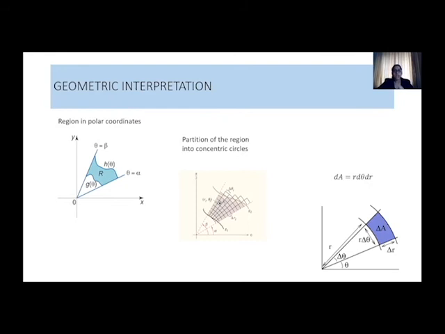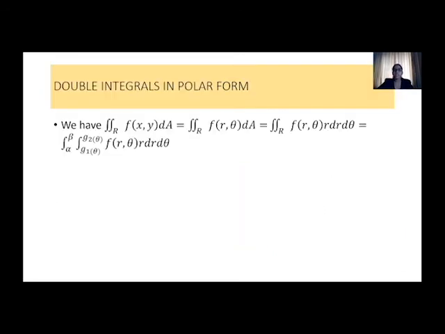So that's how the geometric interpretation of the double integral in polar coordinates comes out. We'll consider the region given to us, partition it in terms of concentric circles, take a particular portion and make the corresponding amendments. So we are given the double integral over R of f of x y dA. Here x and y will be replaced by r and theta. Remember, if you are given a function in terms of x and y, it has to be changed in terms of r and theta. That doesn't mean you put x equal to r and y equal to theta. It is x equals r cos theta and y equals r sin theta.